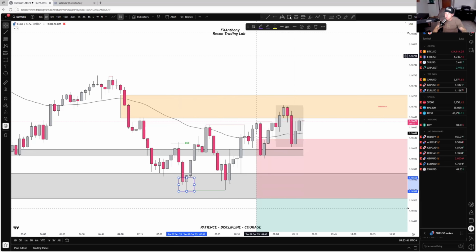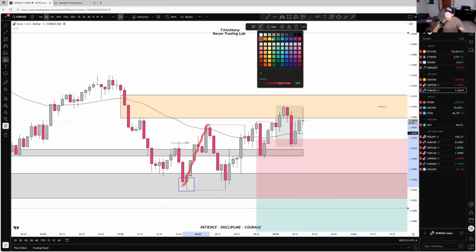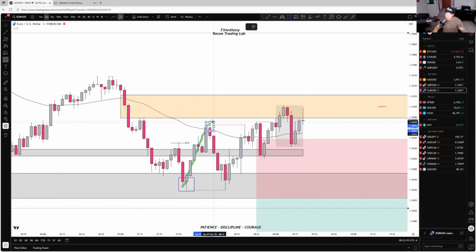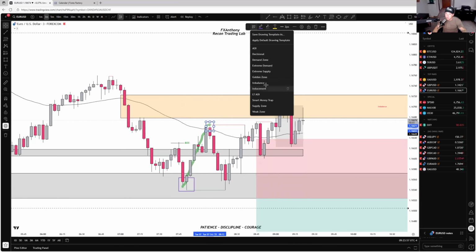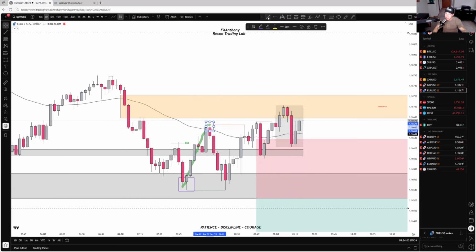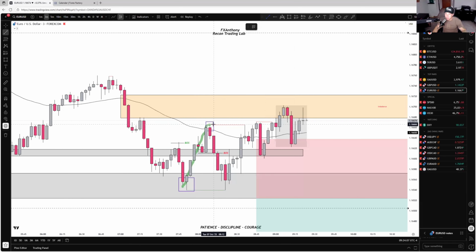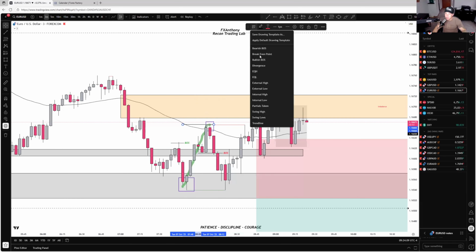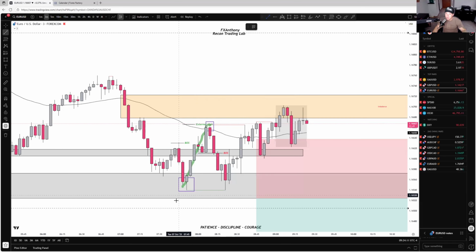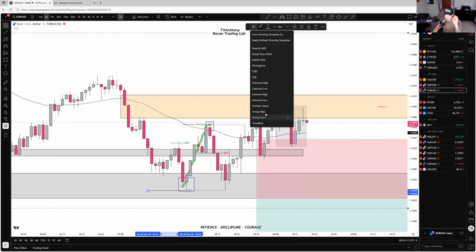Inducement, right? We have our inducement. We have our first leg push here. First leg, right? Then we have our inducement here. Price then creates our bearish BOS. Bearish BOS on a lower time frame, but you've got to keep in mind that this right here is your external high. This is your external low. Inside of structure.